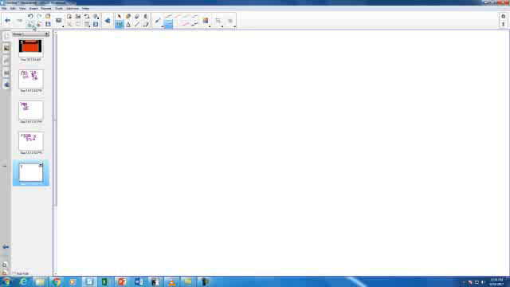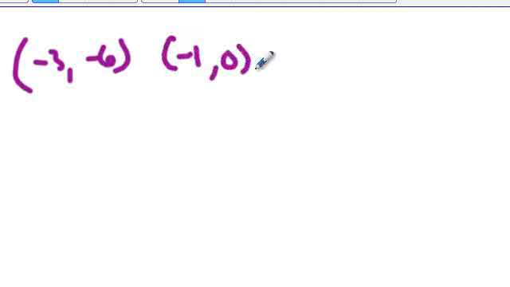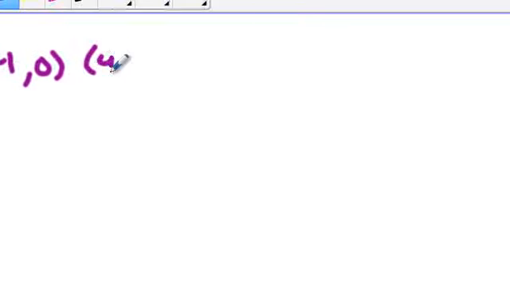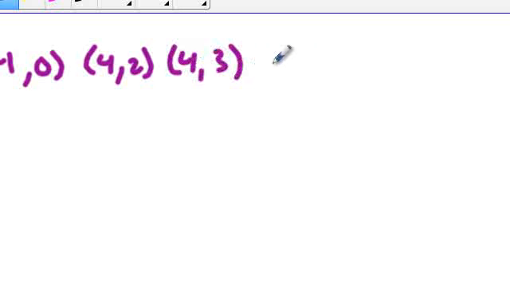There's a set of data. It's -3, -6, -1, 0, 4, 2, 4, 3, and 6, 9. And the question is, is this a function, yes or no? And you have to explain it. I'm going to say no